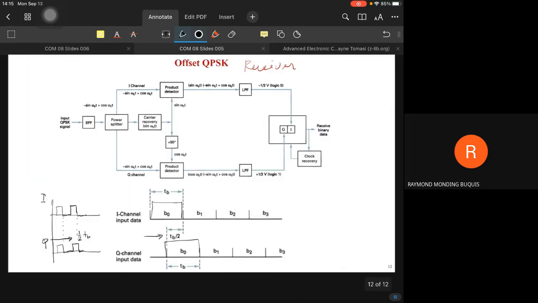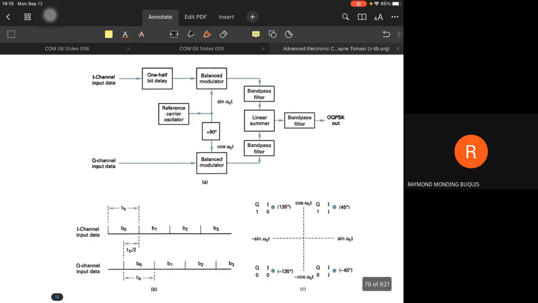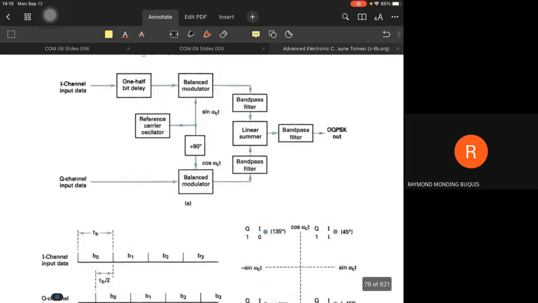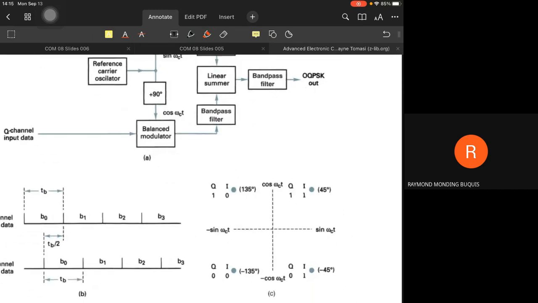So OQPSK is a solution to that. But this one, it is a solution for